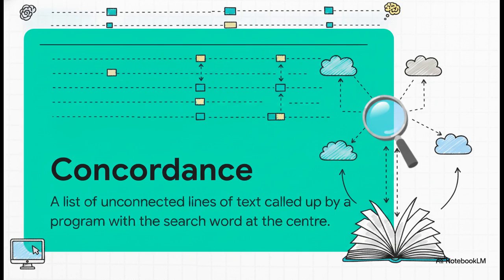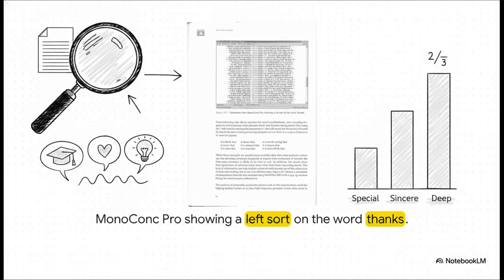But, and here's the magic, you can also read vertically, right down the center, to easily spot these systemic, repeating grammatical patterns. Now, what's really interesting about this slide is how we can manipulate all this data. Looking at this screenshot from a program called MonoConc Pro, researchers were looking at dissertation acknowledgments, and they found a really strong tendency for writers to use the noun thanks.